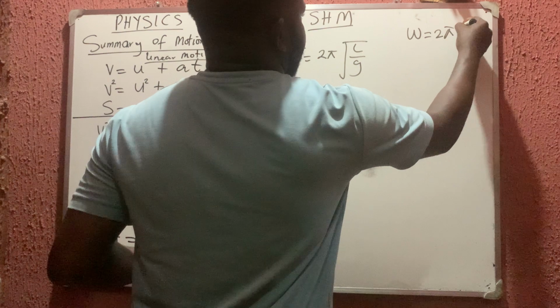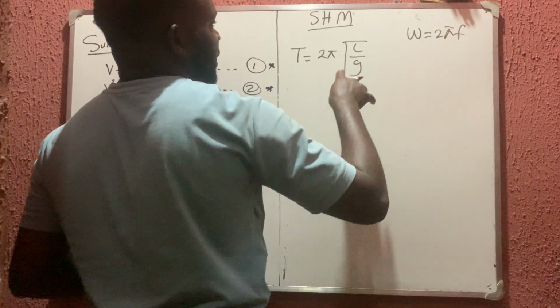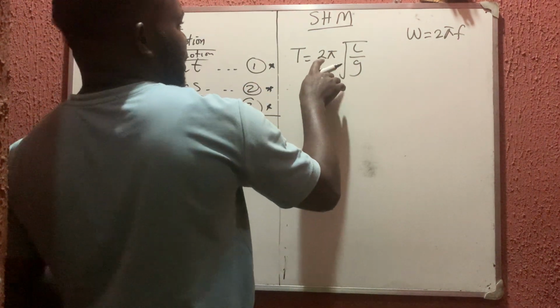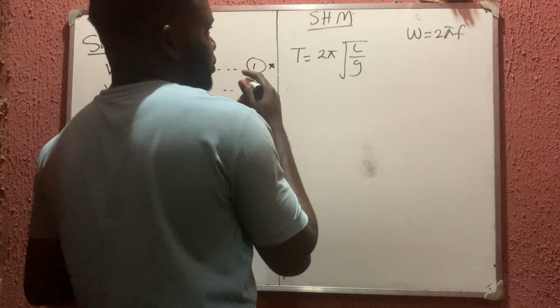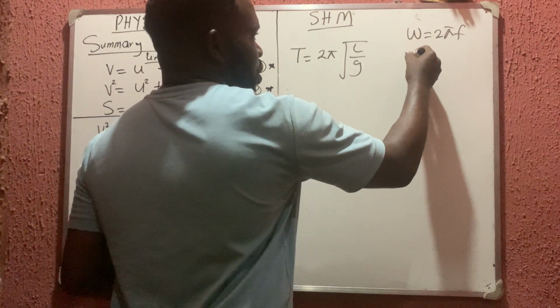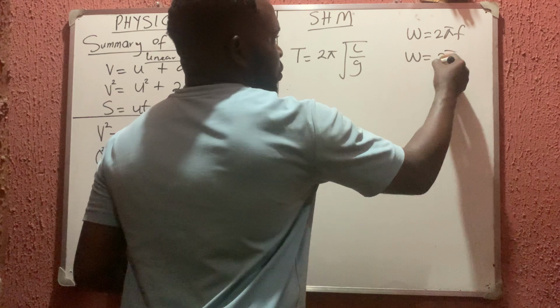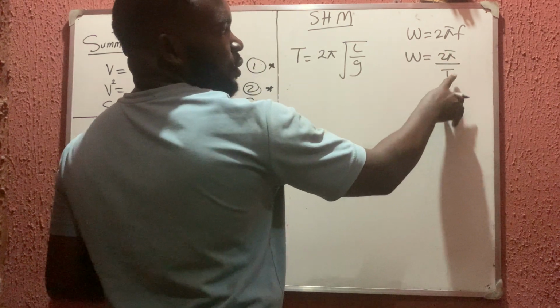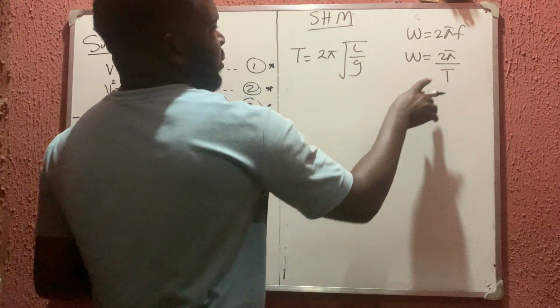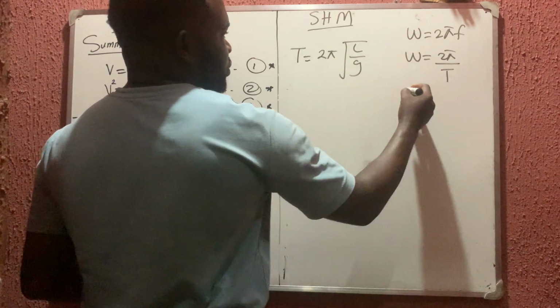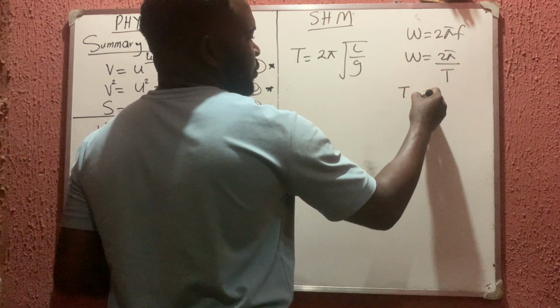Omega is 2 pi F. You know that omega is also 2 pi over T, because F is 1 over T. Now, if you bring it here, to make T the subject of the formula,